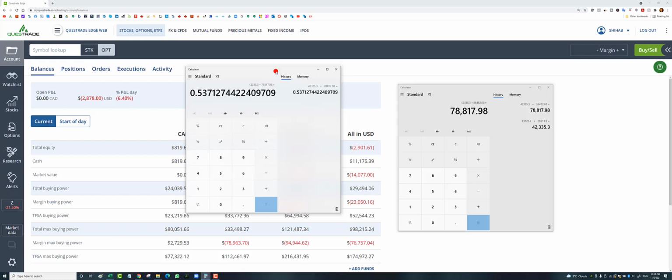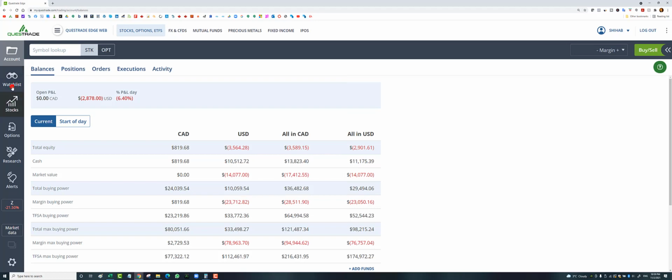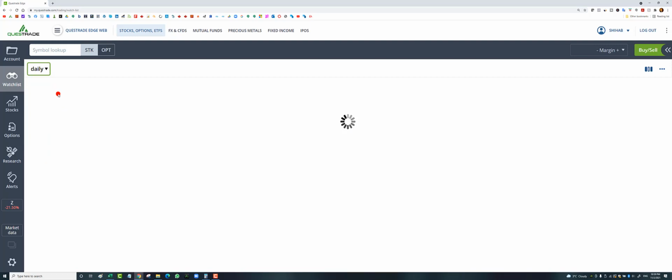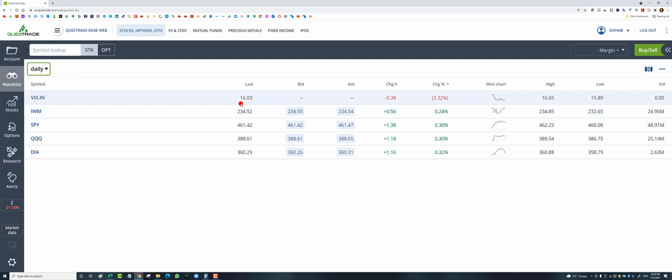So I'm using 53% of my total buying power. That means I only have about 46% of my buying power available, which is not good because right now SPY is at an all-time high and that means VIX is pretty low. Let's look, VIX is at 16. So it's not a good idea to be using more than 50% of your buying power when VIX is this low, when there is a low